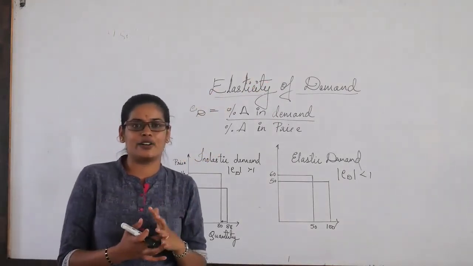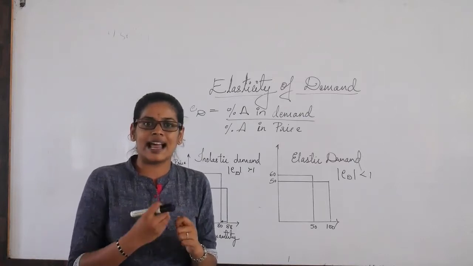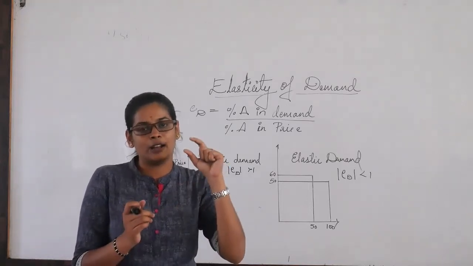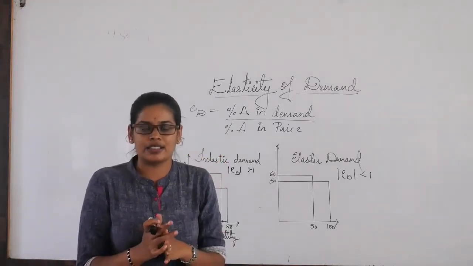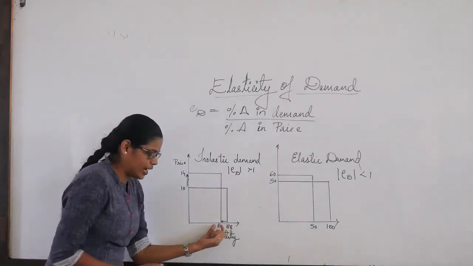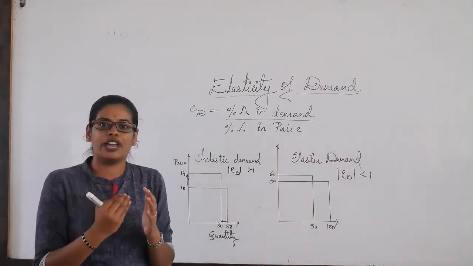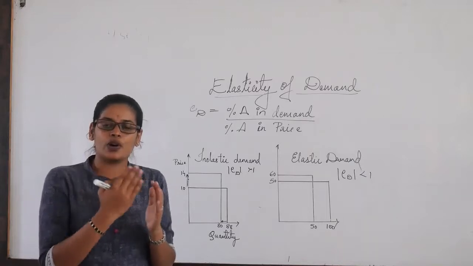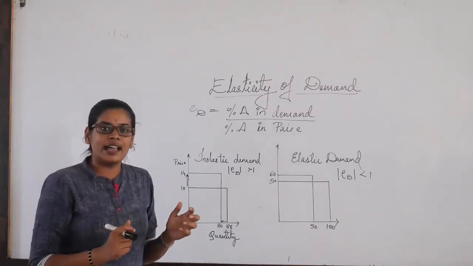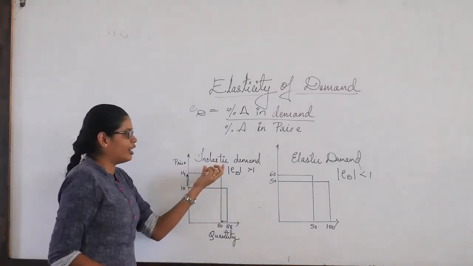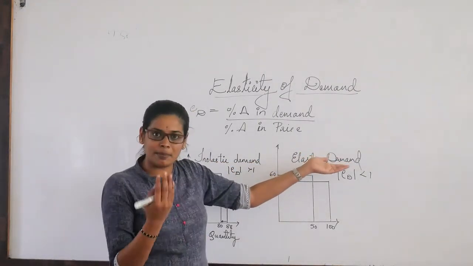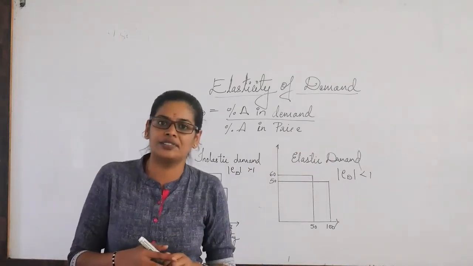What is this elasticity of demand? Here we are understanding the relationship between the quantity demanded by the consumer and the change in the price. Elasticity of demand is studied on the percentage change, wherein the price increases or decreases. According to the change in the price, what is the change in the quantity that is happening? On that basis we define inelastic demand or elastic demand. We have another kind of demand, which is unitary demand.